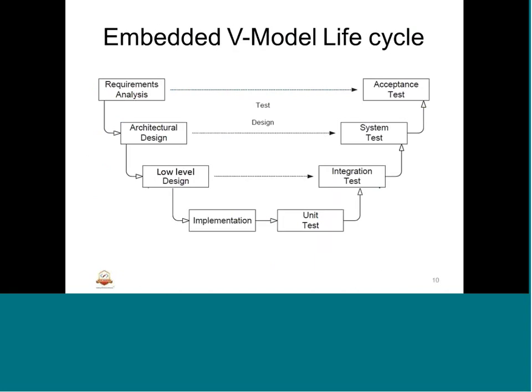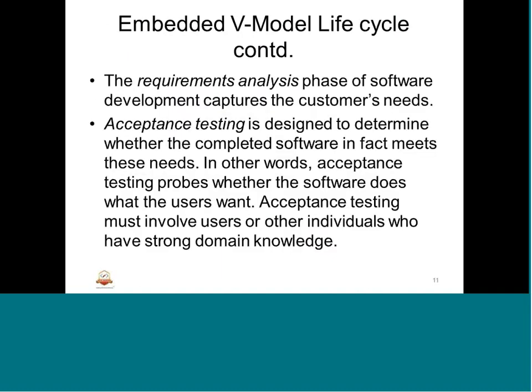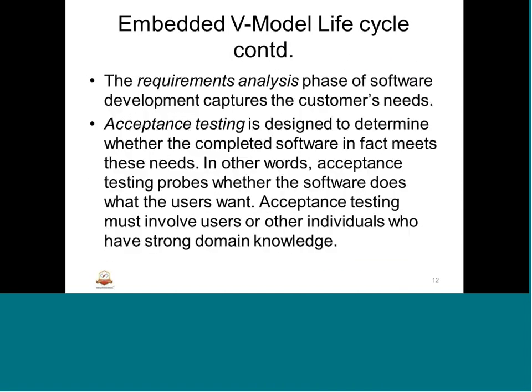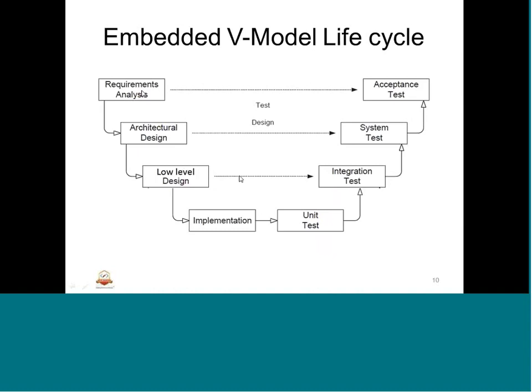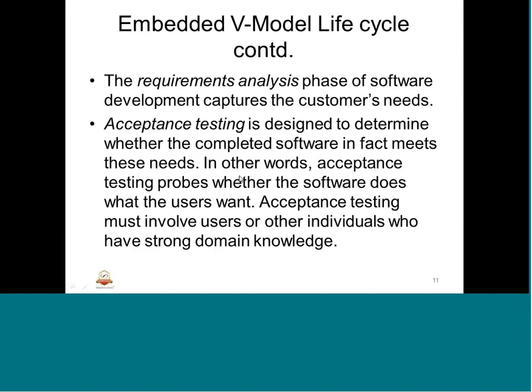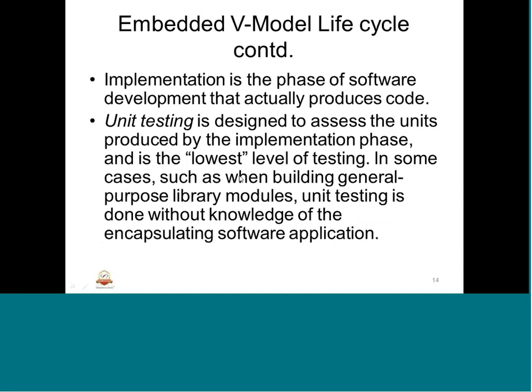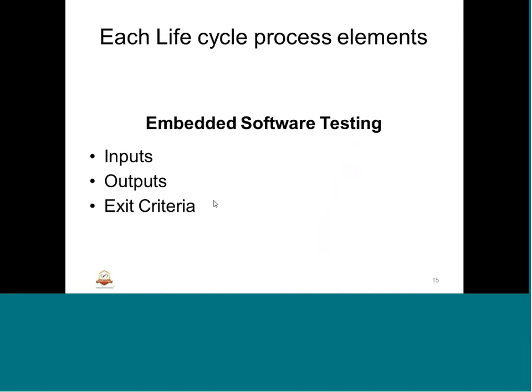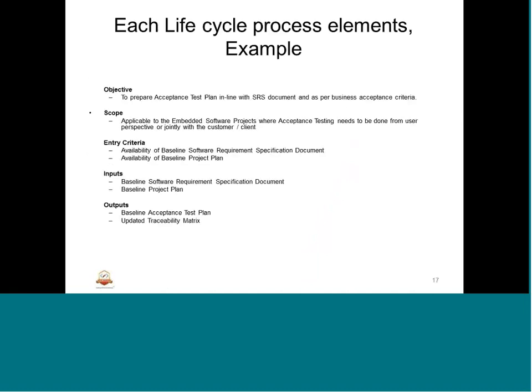So this is another way of depicting the V model life cycle. Each life cycle element has its own process, and the process has to have objectives, scope, entry, inputs, outputs, and exits defined for each of the processes that we follow in the life cycle. And in another session we understood about each of these process items, taking an example of test plan,